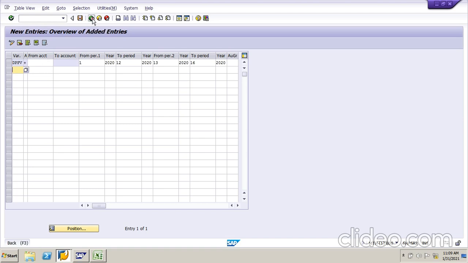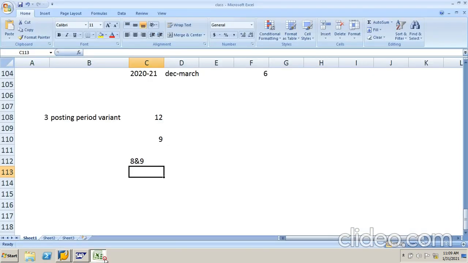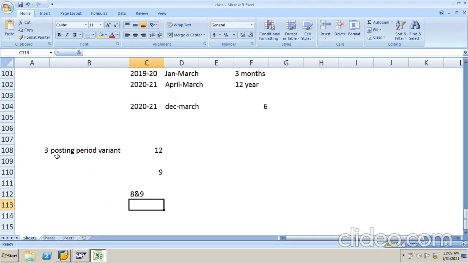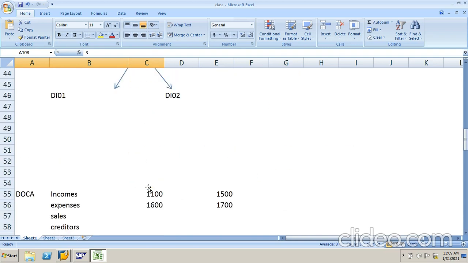Come back. This is called posting period. Posting period variant means we have created one variant, and we have opened and closed some months to post our transactions. So this is the posting period variant.